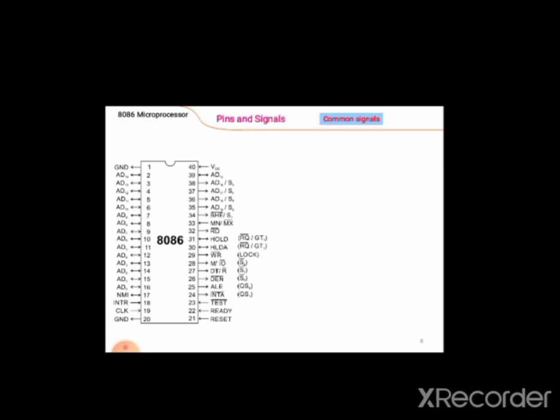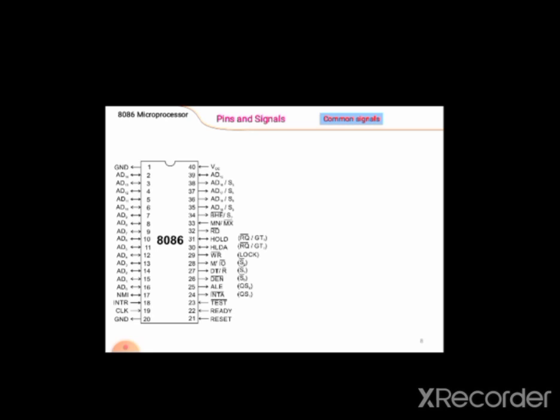So what does the ready pin check? It indicates that the other peripheral devices are ready to transfer data. Means if we want to send data from another device, say we are using a memory card and we want to send some signal to our processor from that memory card, first we have to check that the microprocessor is ready to accept that data, right? Because many internal operations are going on in the processor, because this processor is nothing but the CPU of our computer.